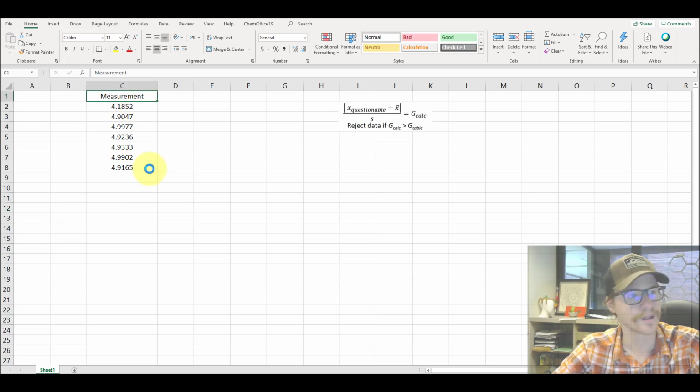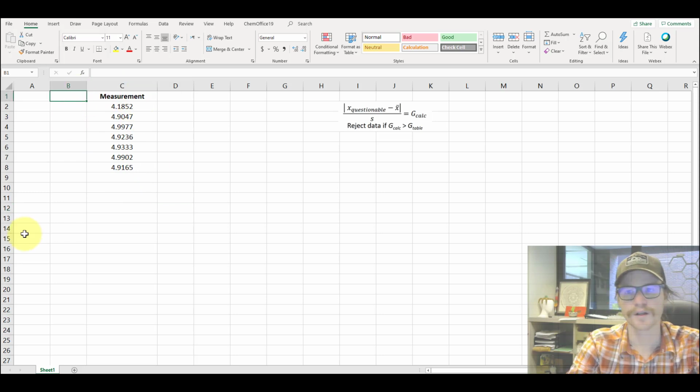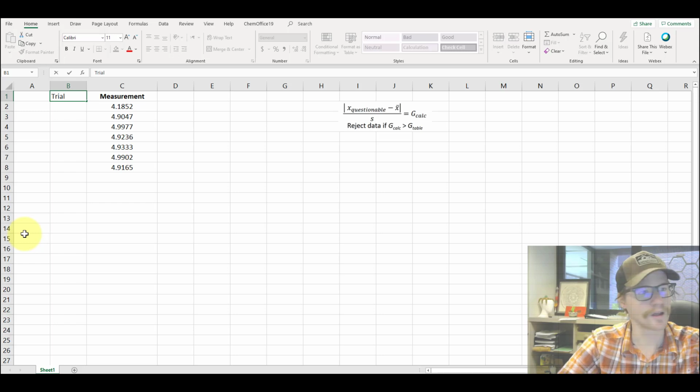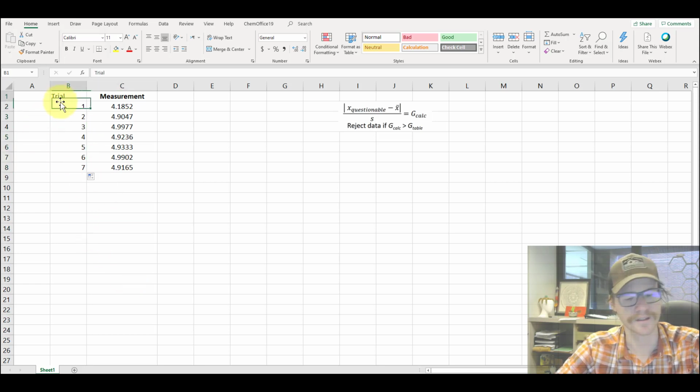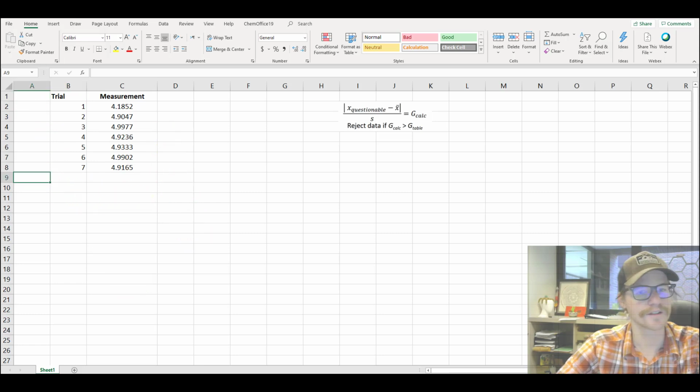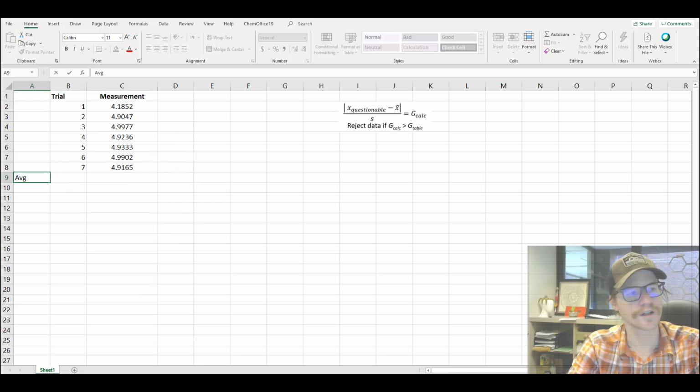These are my measurements. What I'll do is make a separate column here called trial, meaning the number of measurements that we have. I'm just going to type 1, 2, 3, and what's nice about Excel is if you have 3 repeating values and then you highlight them and grab this corner drag option, it'll repeat those values so you don't have to type them all in. That's nice. So I'm going to bold that, and what I'm going to do first is just compute the average